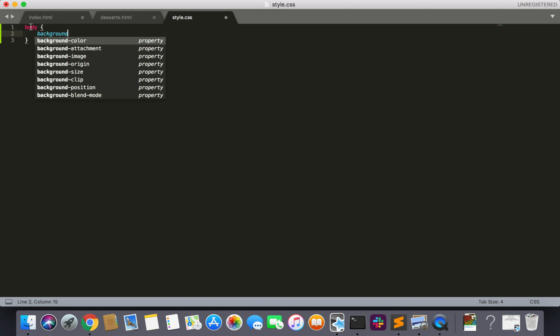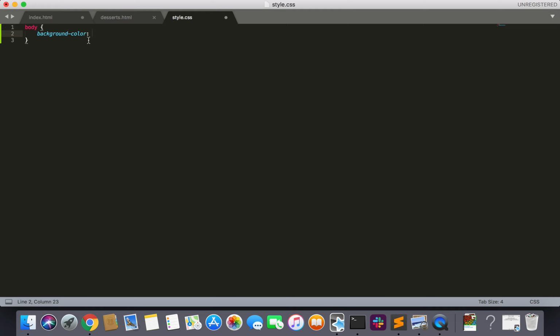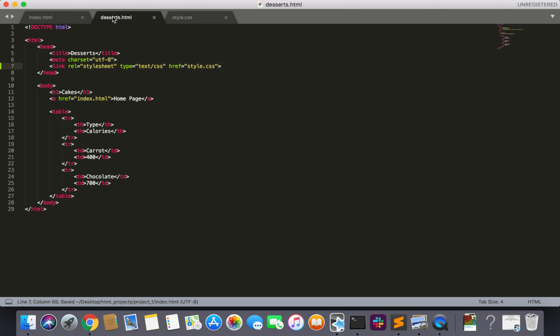And Sublime Text has this autocomplete for you. So I want to change background color. This is called a property right here. What we want to change is called a property. So now, let's see, what's a good color? How about linen? Be sure to put a semicolon after each property. I'm going to save this, make sure everything is saved, and now